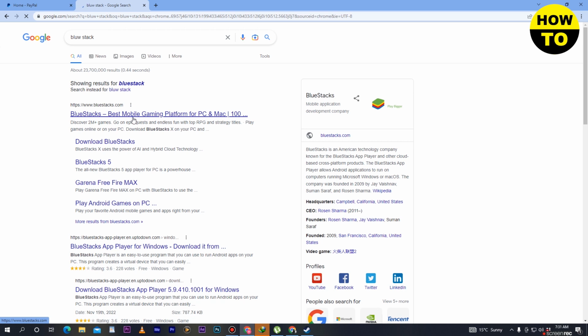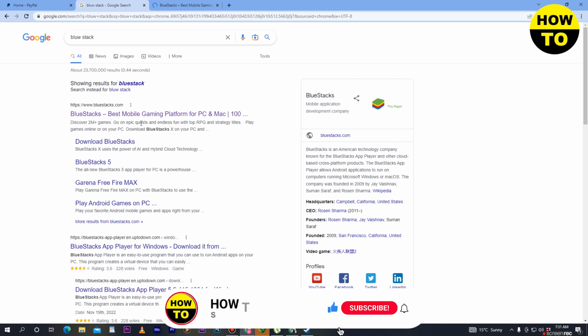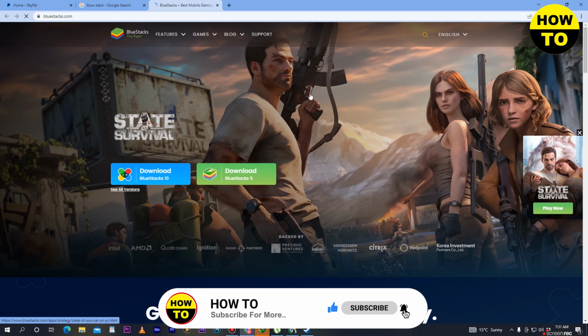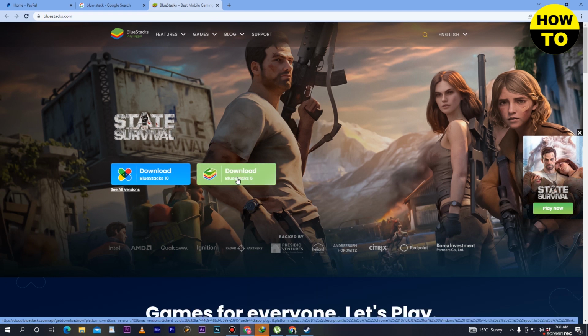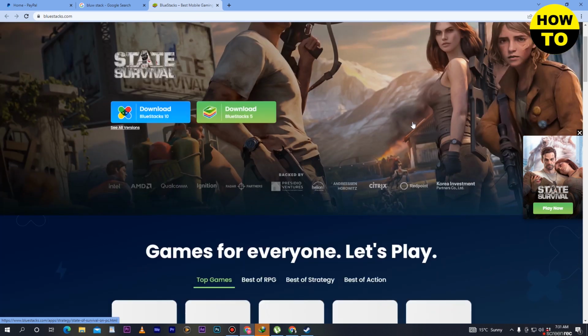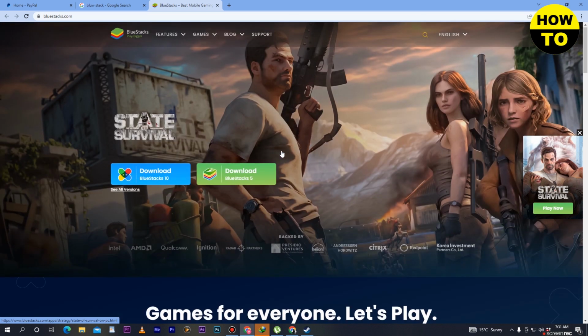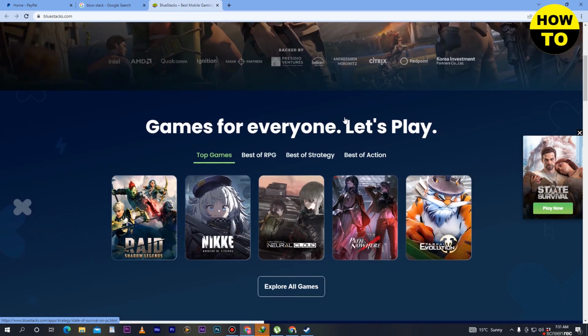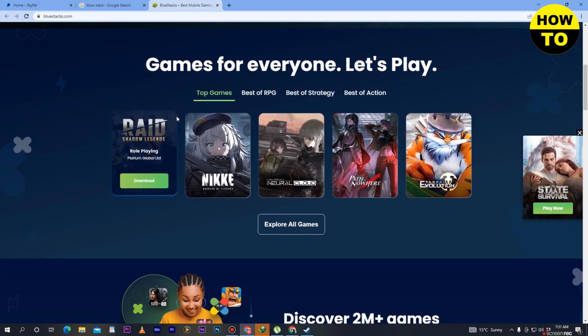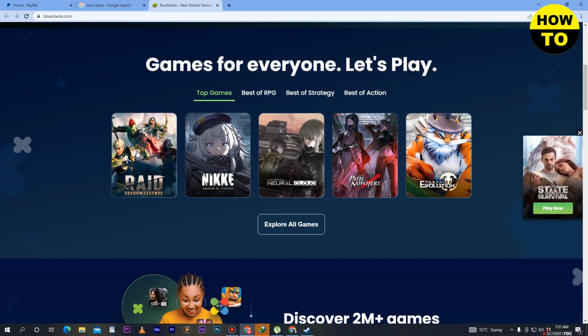So just open this software, and after that on the next page here you can see BlueStack 5 for Windows and for Mac available. So simply what you need to do, you have to download this software, and after that when you download the BlueStack in your PC or laptop, simply after that here you can see you can play games here,